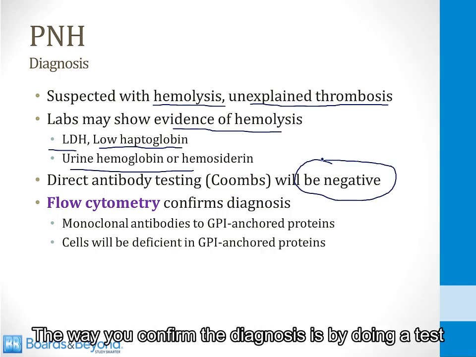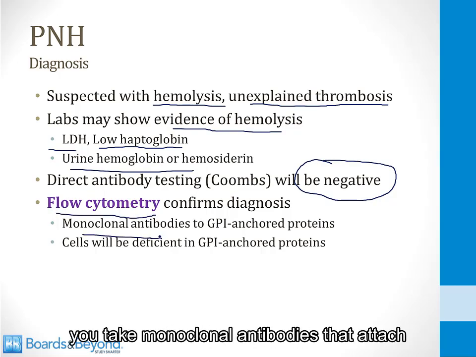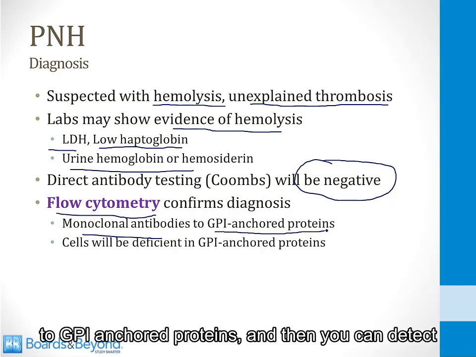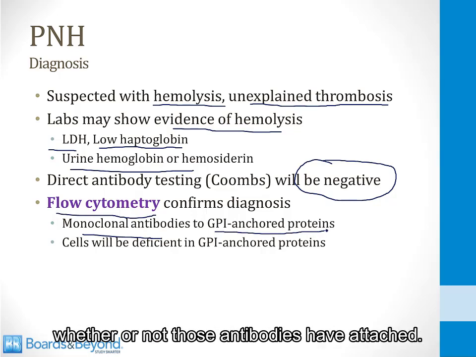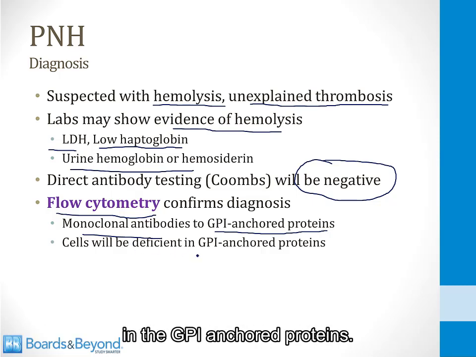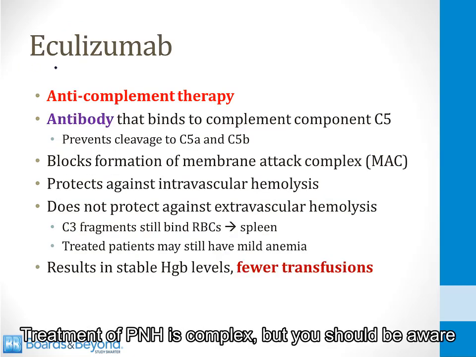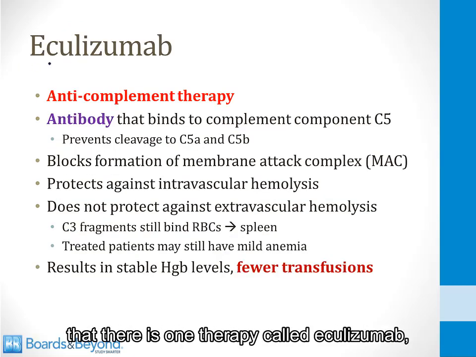The way you confirm the diagnosis is by doing a test called flow cytometry. In flow cytometry, you take monoclonal antibodies that attach to GPI-anchored proteins, and then you can detect whether or not those antibodies have attached. What you will find is that the antibodies are not attaching because the cells are deficient in the GPI-anchored proteins. Treatment of PNH is complex, but you should be aware that there is one therapy called